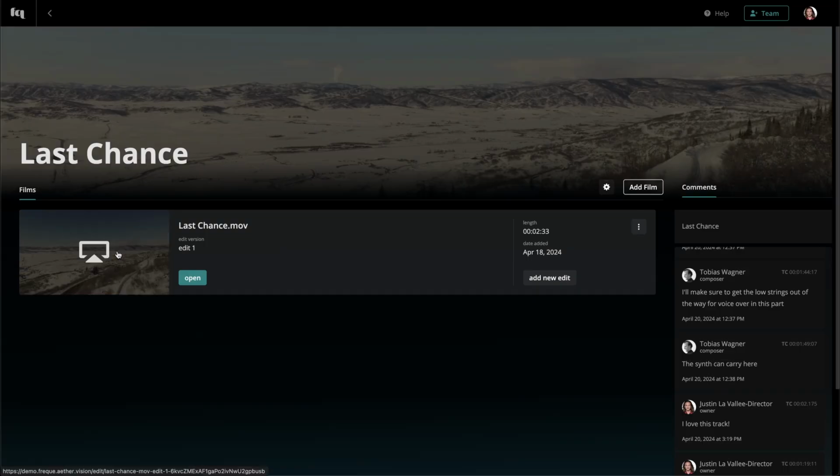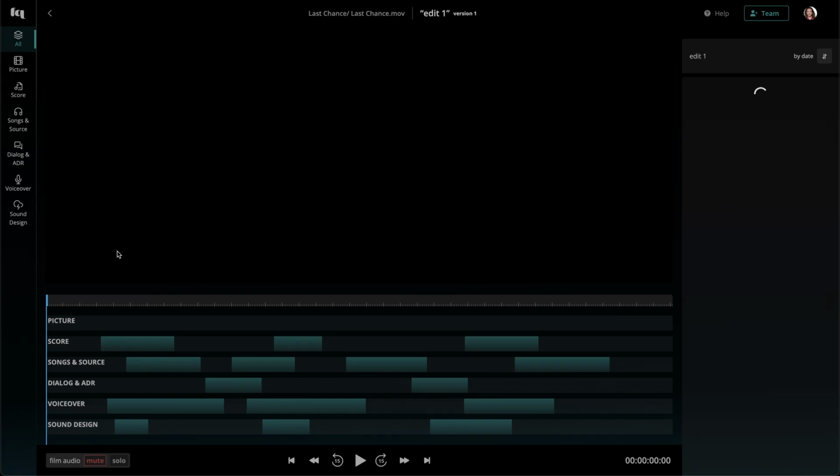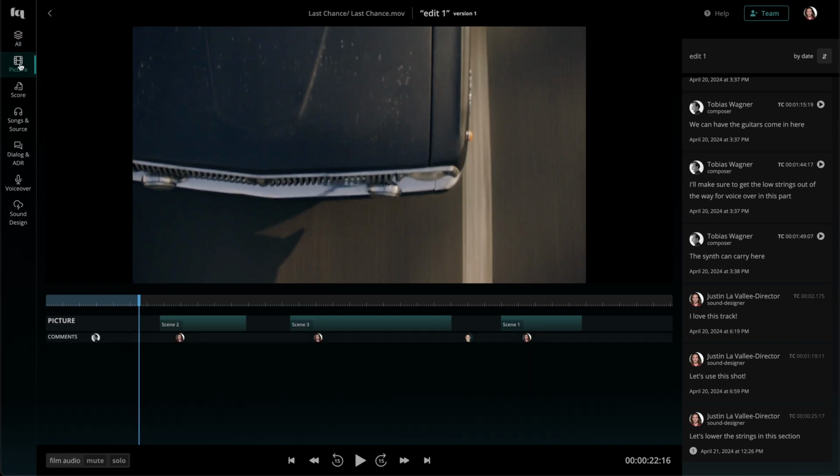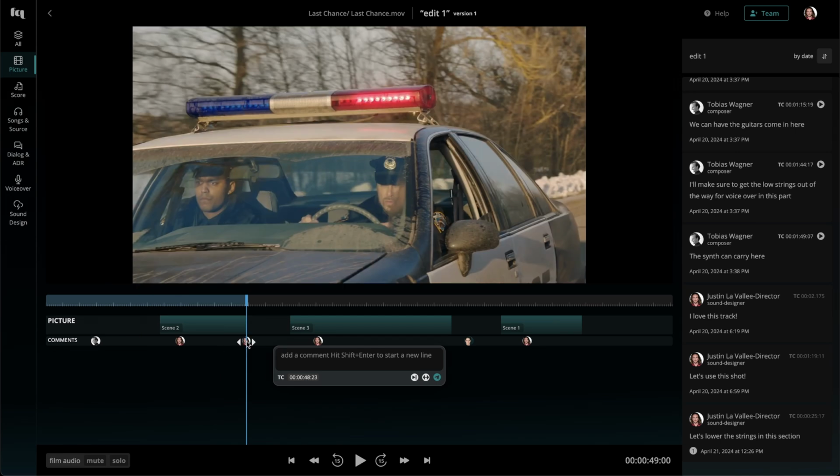After you've uploaded a video, you can click on the thumbnail to enter the main workspace. Our lane technology makes it possible to upload music, video, and sound options for review with picture. On the left, you can see different departments, and clicking on them brings their lane into focus. You can leave frame-specific comments on the video lane